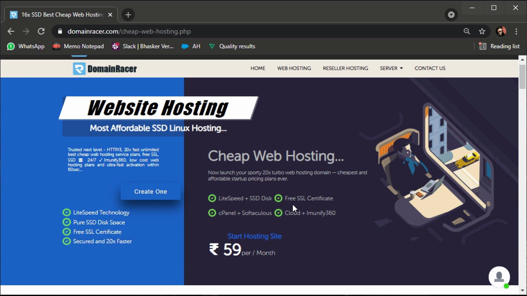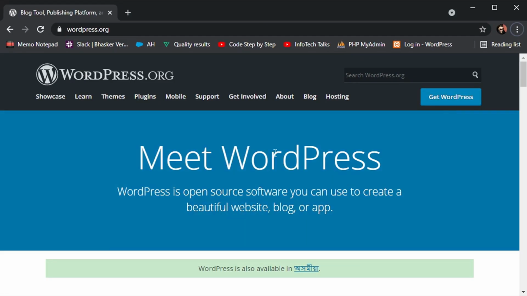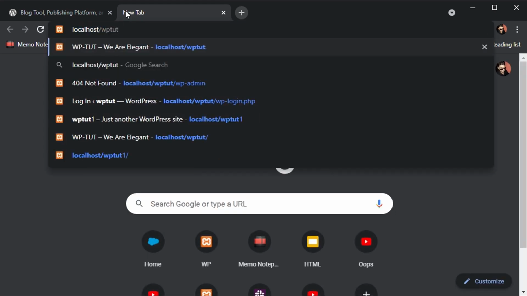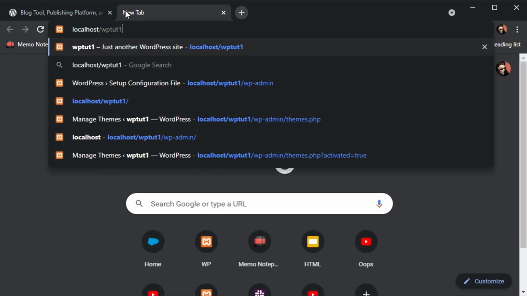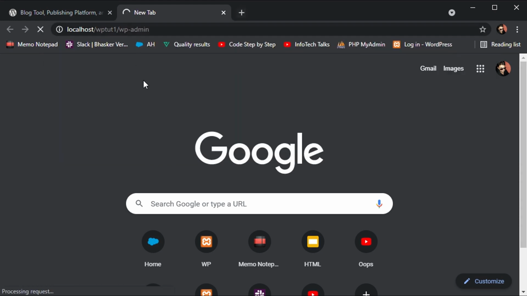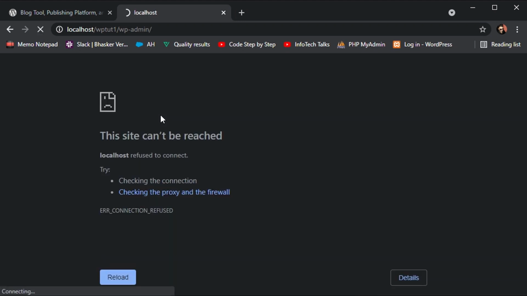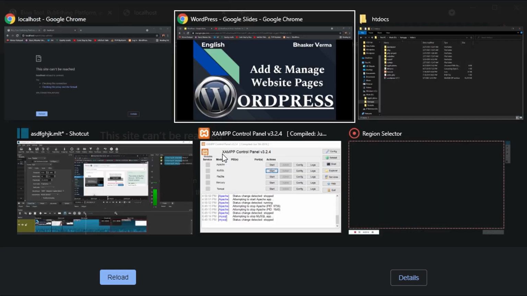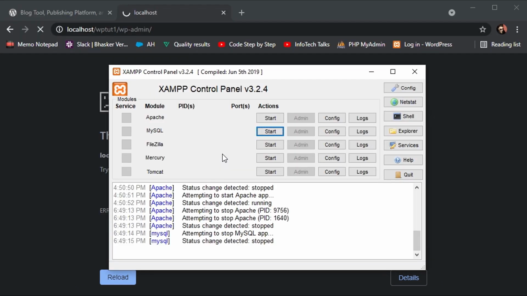So let's get back into the topic. This is our WordPress website, and we are going to access localhost, then our project name, then wp-admin. One thing you need to make sure is that the XAMPP server is started, and MySQL is started, if you want to access phpMyAdmin and the WordPress dashboard, because you won't be able to do anything on local servers unless you start the Apache server and MySQL.